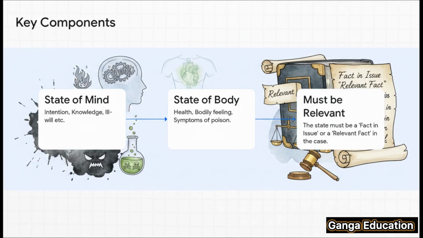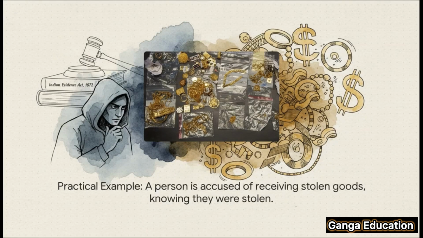इसमें 3 बहुत इंपॉर्टेंट चीजें हैं। नंबर 1, स्टेट ऑफ माइंड यानी मानसिक स्थिति। इसमें क्या क्या आता है, जैसे कि इंटेंशन, नॉलेज या इलविल। नंबर 2, स्टेट ऑफ बॉडी यानी शारीरिक दशा। फॉर एग्जाम्पल, किसी की हेल्थ, कोई बॉडीली फीलिंग या जहर के सिम्टम्स। और सबसे इंपॉर्टेंट नंबर 3, ये जो स्टेट ऑफ माइंड या बॉडी है ना, ये उस केस में एक फैक्ट इन इशू या रेलेवेंट फैक्ट जरूर होना चाहिए, तभी ये सेक्शन अप्लाई होगा।